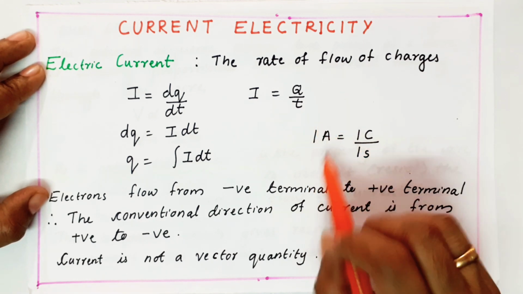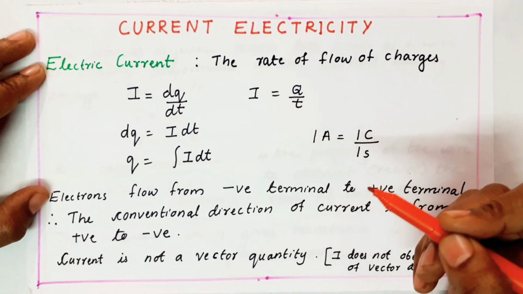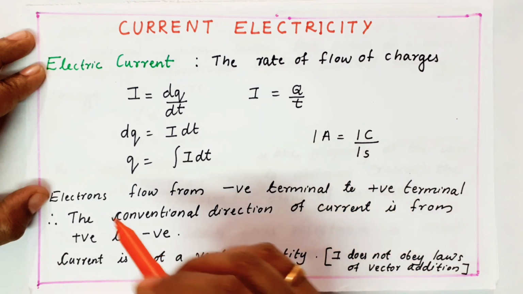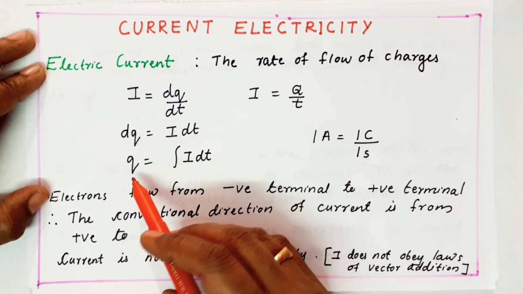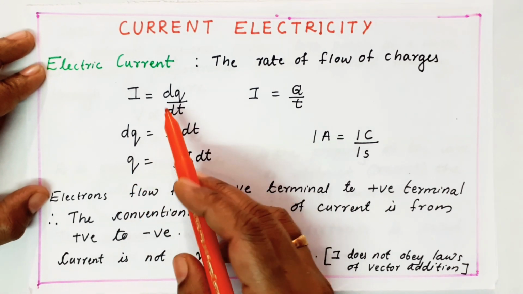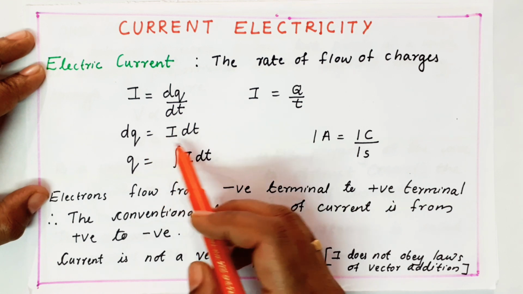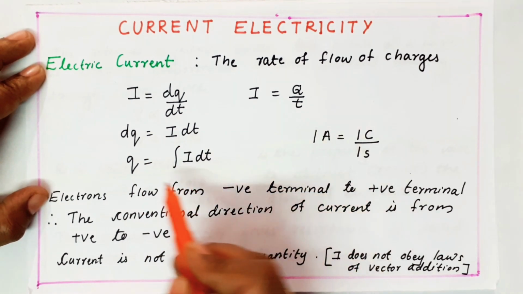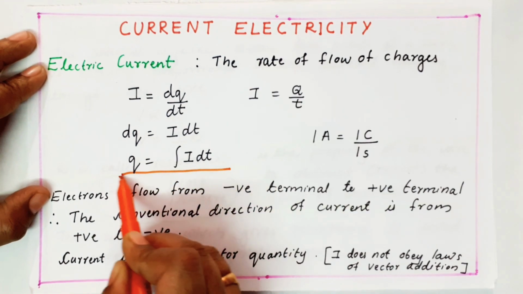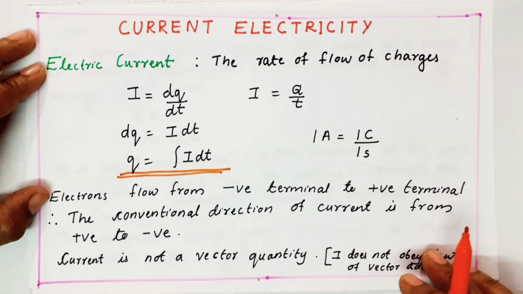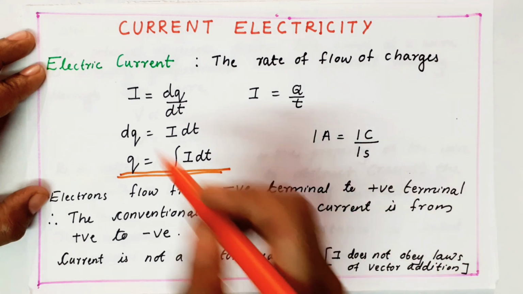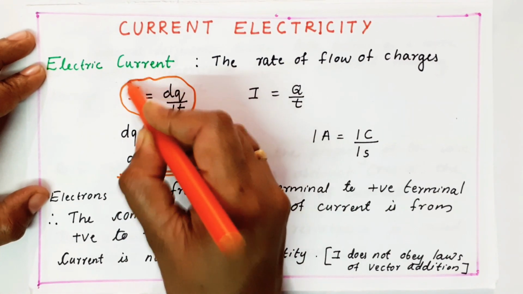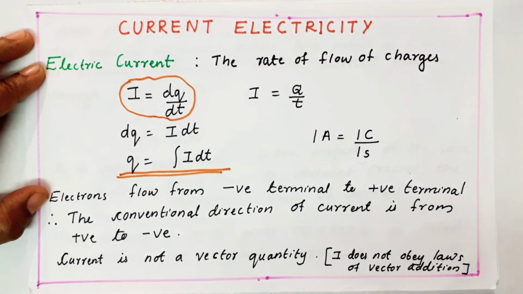But you can extend it a little more. In a few questions in 12th class they can ask what is q? dq is, if you cross multiply this equation, dq equals I dt. So if you want q, you have to integrate it. So I am telling a new equation now: Q equals integral of I dt and I equals dq by dt. These are the two equations in a little higher form.